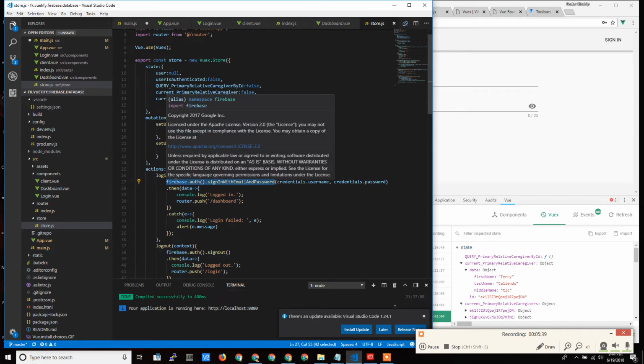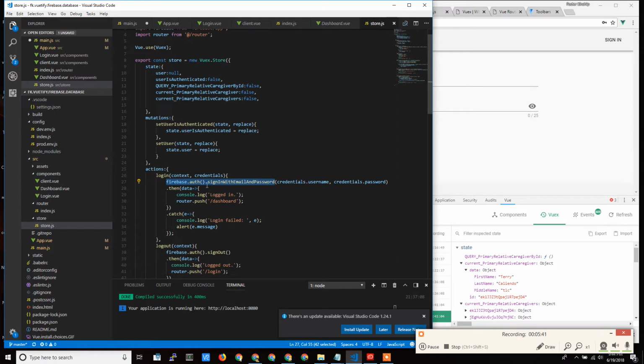And Firebase does all this work for us. We don't have to even think. It's all done on the back end. The WebSockets are set up so that it can communicate back and forth with its servers. We don't have to do any of that. It's just all done for us, and we just have to call this method with the username